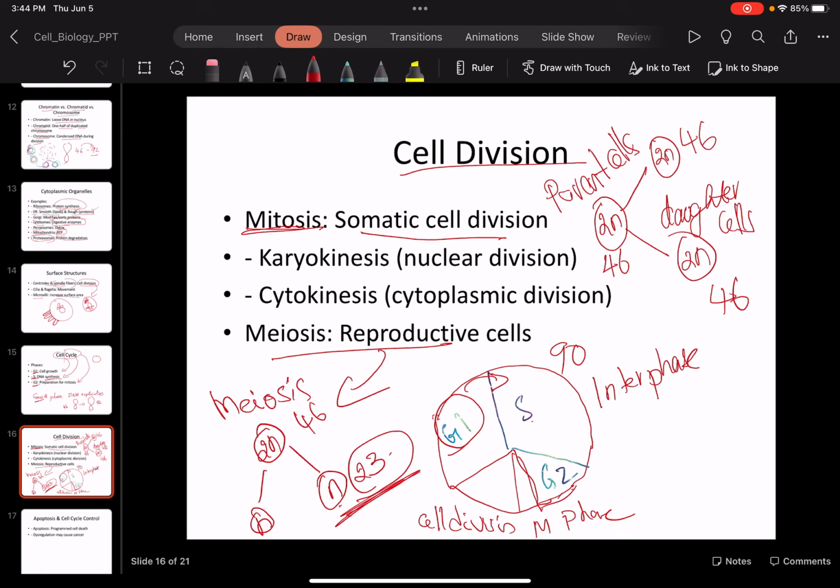Then nuclear mitosis, karyokinesis, is the nuclear division, where the nucleus starts dividing for the cell. Inside the nucleus, for example, I will write